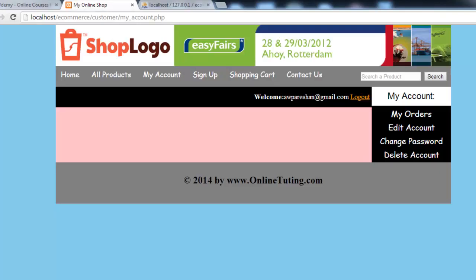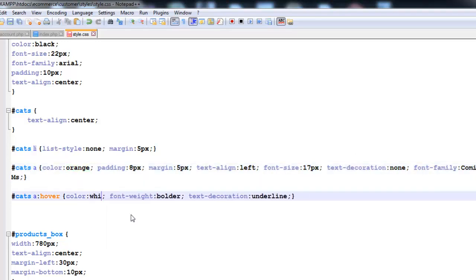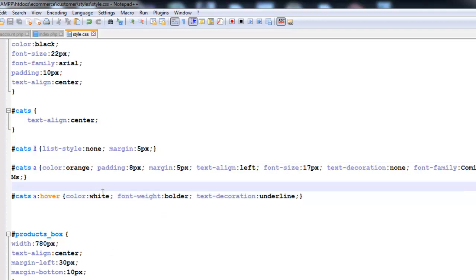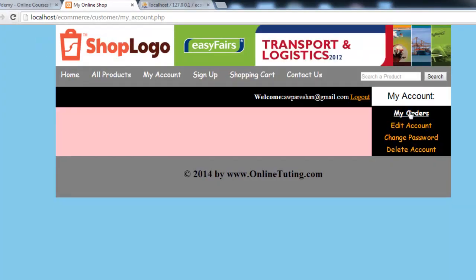We need to check and see. Yes, will be left, and font size will be this time 16, 17, and text decoration none, font family is okay. And while hovering, we will just change the color to white. I mean, on hover the link color will be white. Other things are okay. So refresh the page and you can see the difference. But